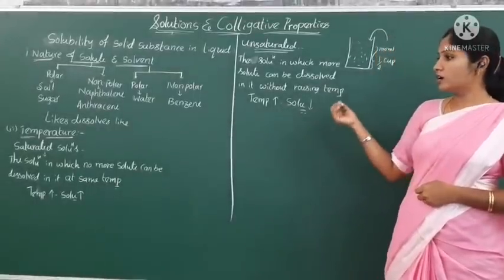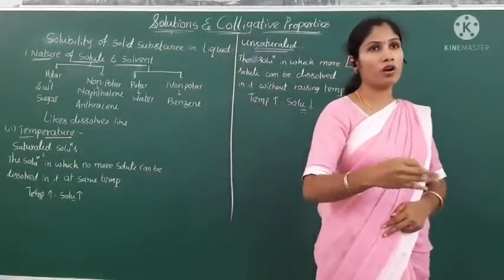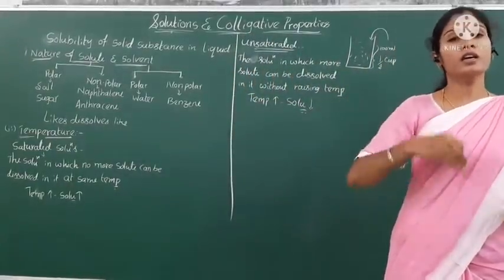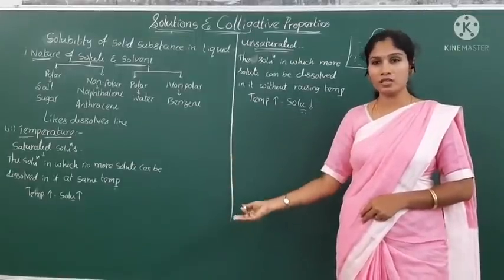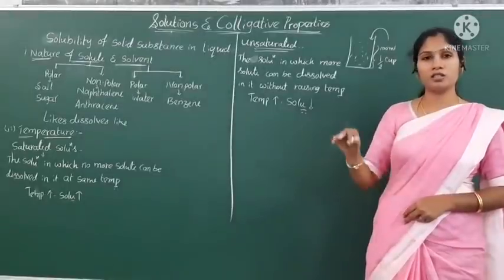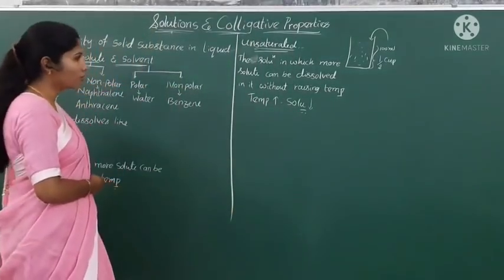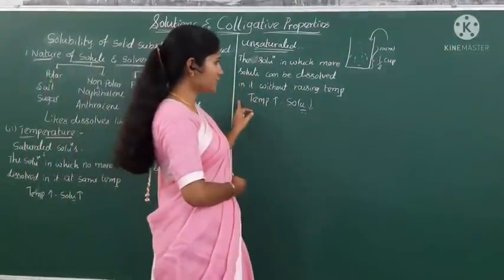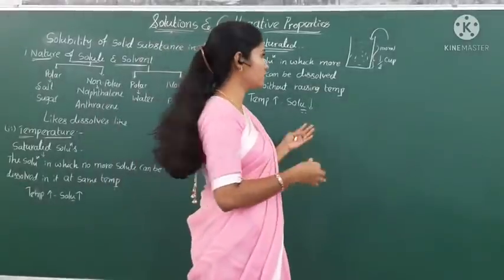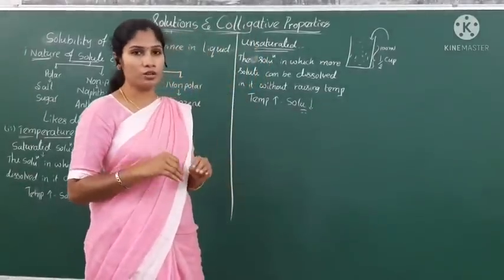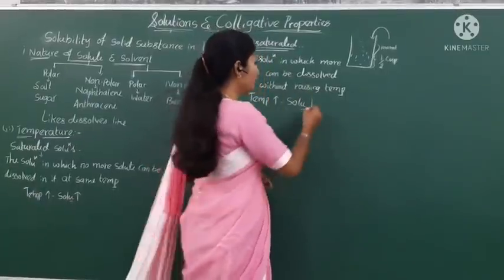So if you want to dissolve the total amount of solute that we added to the solvent, we have to increase the temperature. By raising the temperature, the solute particles present in the solution can dissolve in the solvent and form a homogeneous mixture. And next, in the unsaturated solution, the solvent is ready to take more solute because it is not saturated with solute. So here, by raising the temperature, the solubility process increases.